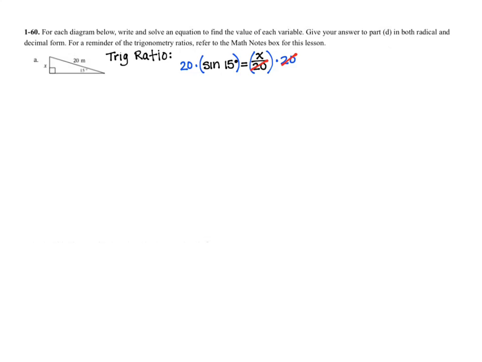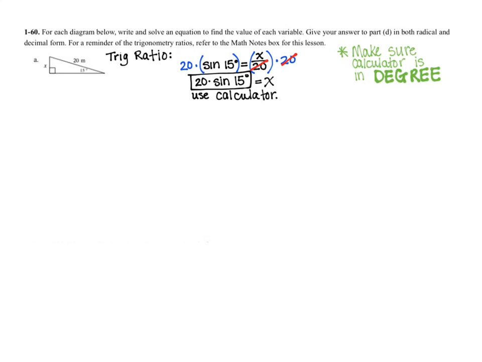The 20s cancel and you end up with 20 times sine of 15 degrees equals x. Just plug this into your calculator, 20 times sine of 15 degrees. But don't forget to have your calculator in degree mode so that you're getting the right trigonometric answer for that sine of 15 degrees. The next problem, problem B, we look at this carefully and we have 15 degrees again,